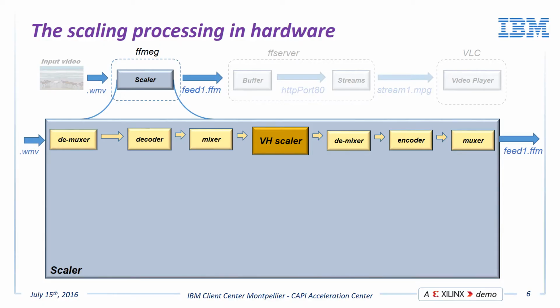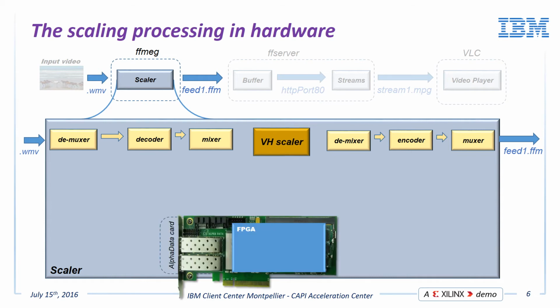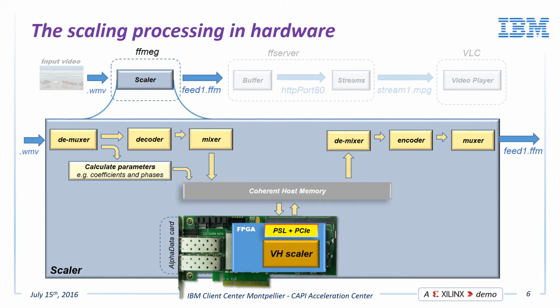Now let's see if hardware can do better. We will keep the exact same processing and just move the scaler to a Xilinx Virtex-7 FPGA. We will then add all the interface components, such as PSL and PCI Express, needed to communicate with the scaler in the FPGA. In the case of the FPGA-implemented scaler, the host, meaning FFmpeg, will communicate with the FPGA with